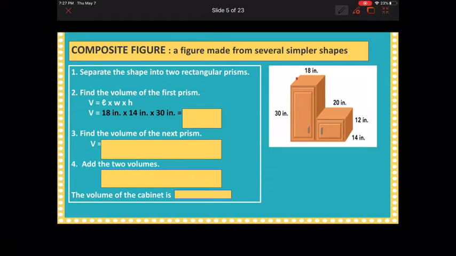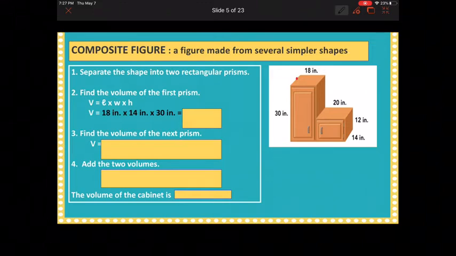All right, so there we go. We have length times width times height for our first prism in our composite figure. So 18 times 14 times 30. And if you multiply those together, you are going to get 7,560 inches